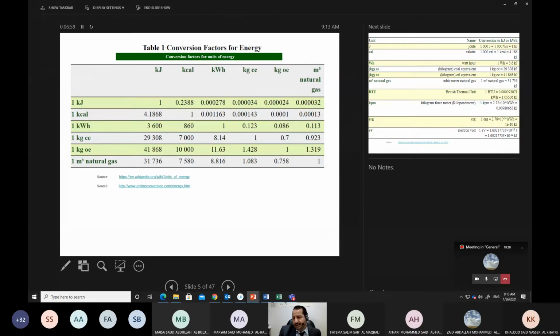Also, from the other side, you can see in this table, I just show here this table, it seems that energy has different units. It can be measured in different units. As an example here, kilojoule, kilocalorie, kilowatt hour,